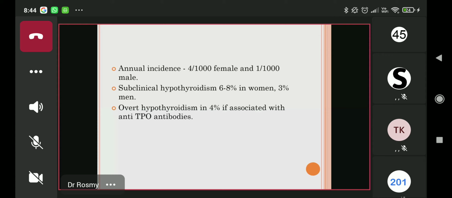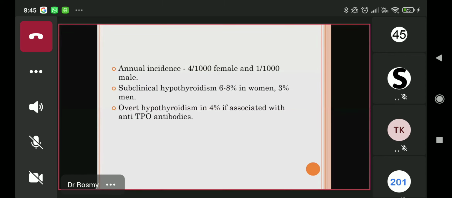And there is something called subclinical hypothyroidism. It means the patient does not have symptoms, but his lab investigations are abnormal. We have a lot of patients coming to the OPD who have a habit of getting investigations done, saying that every 2-3 months they get a test done, and that test will show some abnormality and they will come to you. That is the scenario where you call it subclinical hypothyroidism.